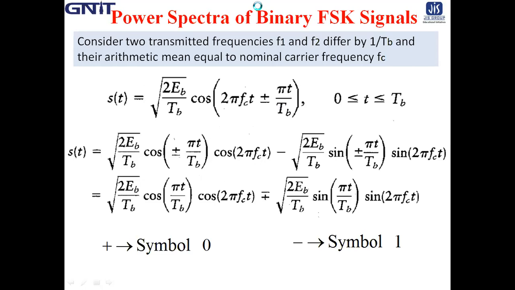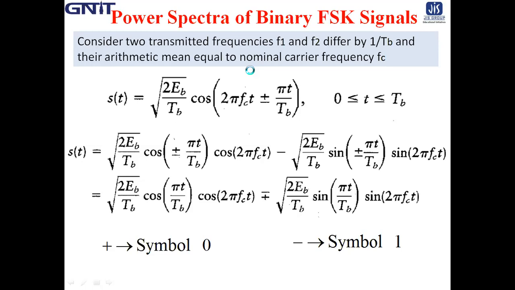Consider two transmitted frequencies, F1 and F2, that differ by an amount equal to the bit rate, 1 by TB, and their arithmetic mean equals the nominal carrier frequency, say FC, and phase continuity is always maintained, including inter-bit switching times. We may express this spectral binary FSK signal